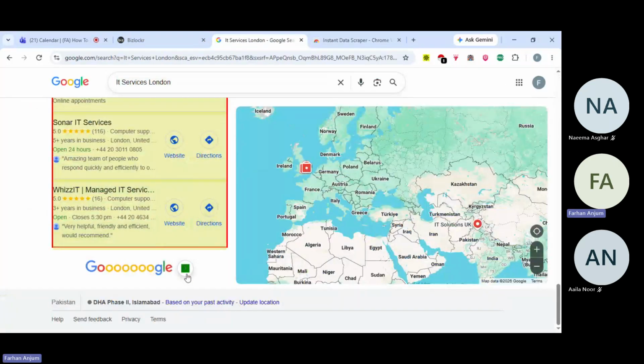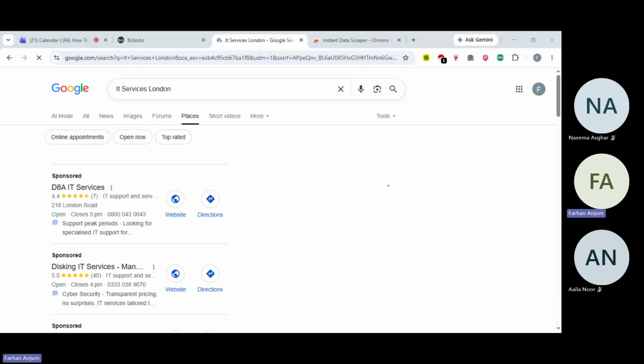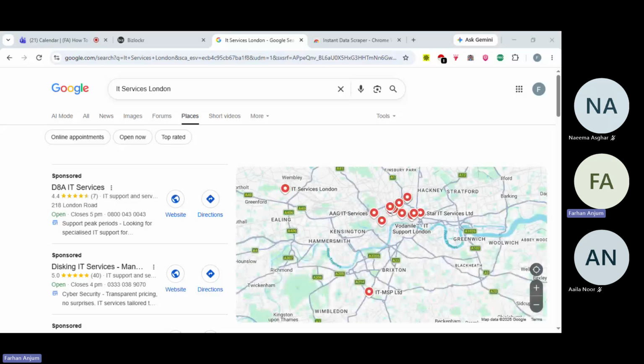All right, so there's always going to be an option at the end of the Google results or Google search engine where you can simply navigate from one page to another page. So that is the arrow that you need to select. Once the arrow is selected, you simply need to click on Start crawling. Once you do that, it would automatically start crawling. It would automatically go through each and every profile, and it would gather the data by itself.